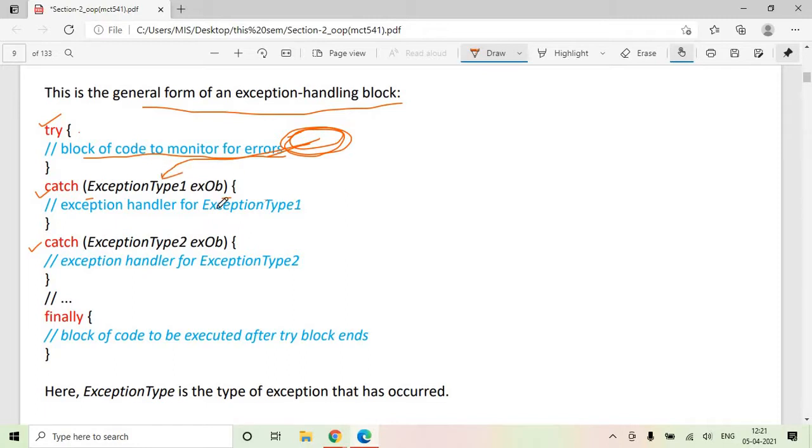catch block. You can have multiple catch blocks for a given try block, and you can write a finally like this. Whatever lines of code you write here will get executed irrespective of whether the exception is there or not. If the exception is there, it is handled in the catch block and then finally gets executed. If there are no exceptions, then after the try block completes, finally will get executed. Okay, we will see detailed programs involving this try, catch, and finally mechanism.